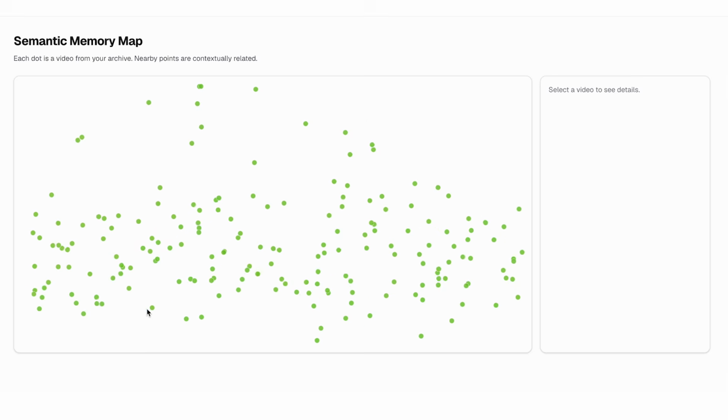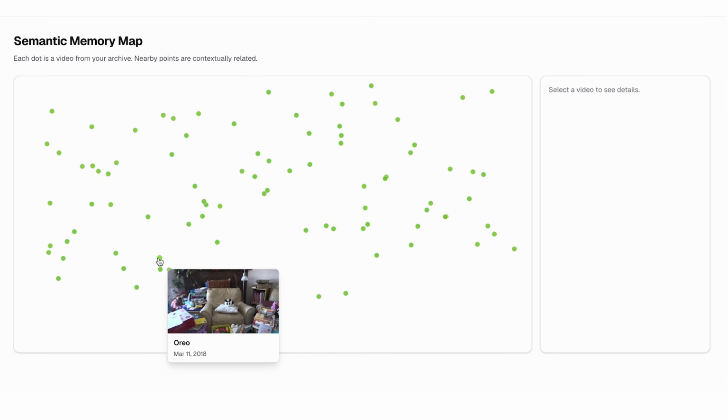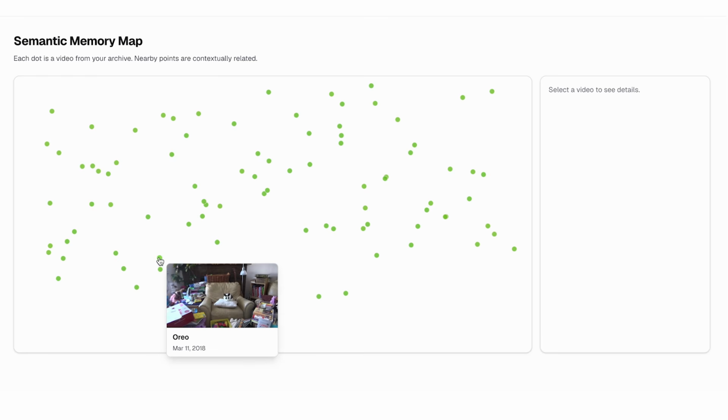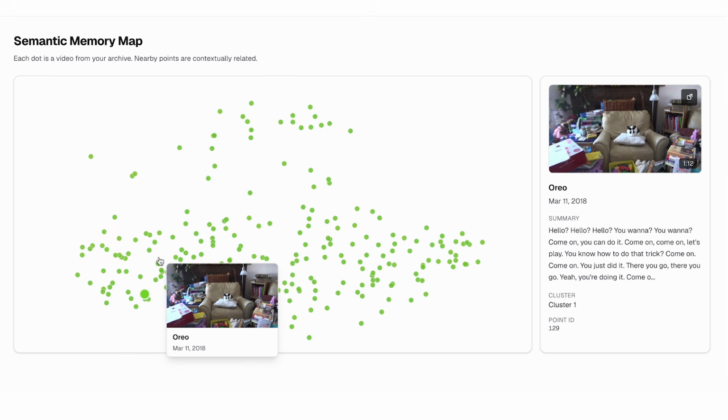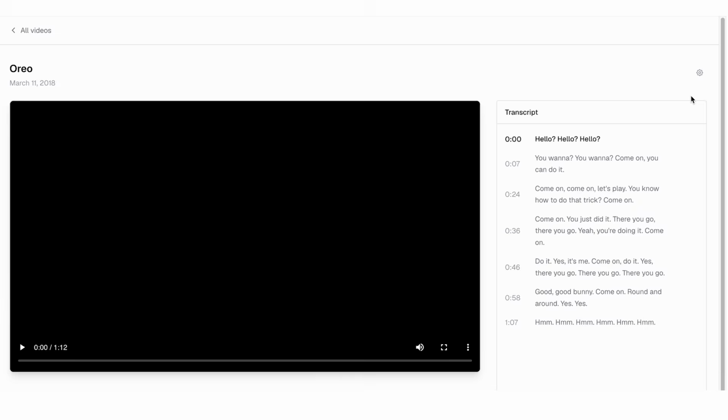So once we have those two coordinates, we can display each video as a point on the map. The idea is that similar videos appear clustered closer together, and each point can show the video title, the date it was taken, a preview of the text, and of course a thumbnail. And then clicking on a point opens a detail view where we can go in and watch the video. The purpose of the map is not necessarily perfect accuracy, it's just kind of an introductory way to explore the